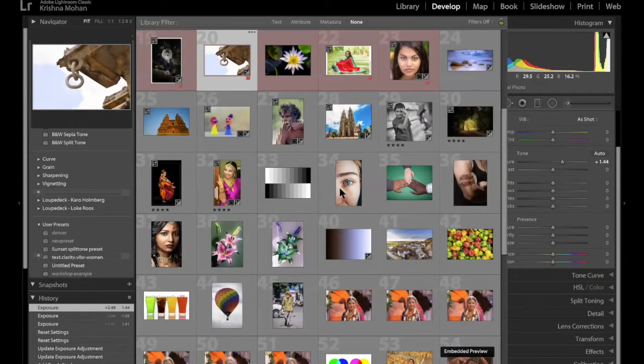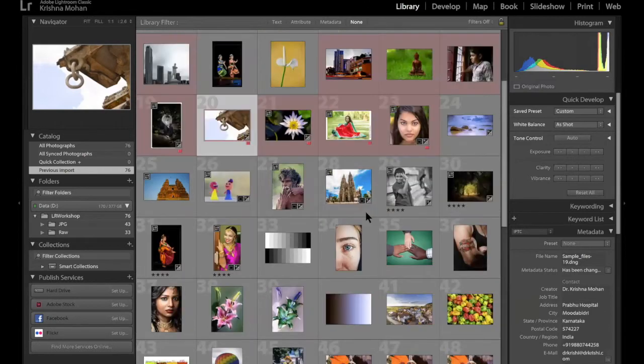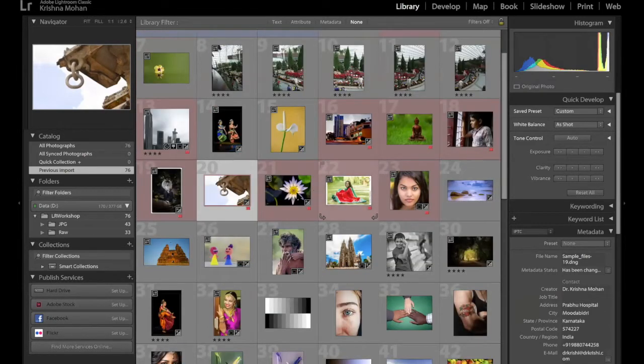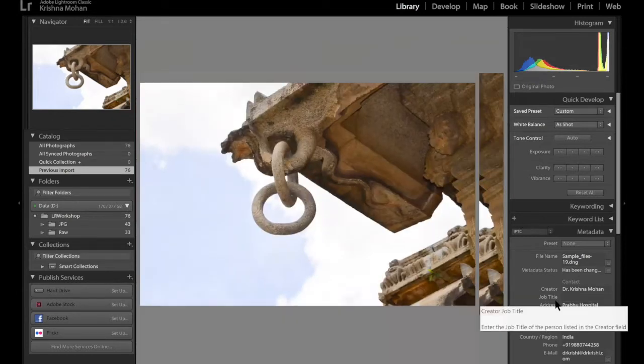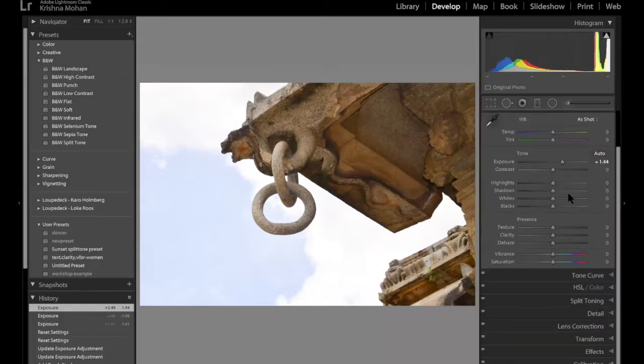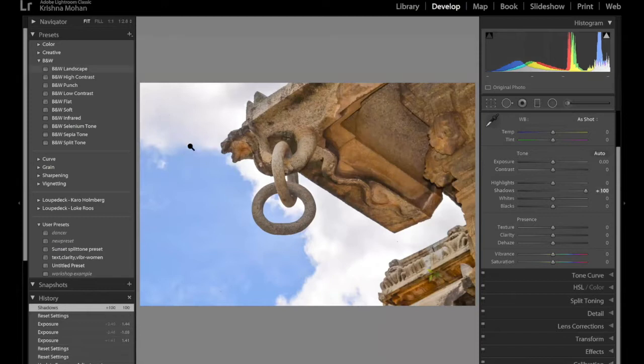Now let me go back to the sharpening. Doc was talking about opening up the shadow. Okay, let me do the same thing, opening up the shadow. To a certain extent, it is possible in this picture. Let me show you how it will be. So I reset the picture and open up the shadow. The shadow is open, and the sky is unaffected. Yes, that is one way of doing it. I agree, shadow can be opened. Yes, Niranjan. Thank you.